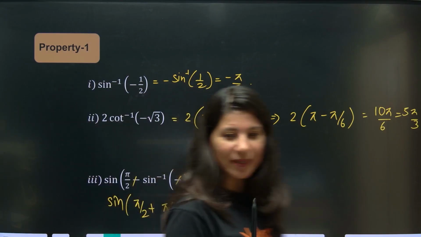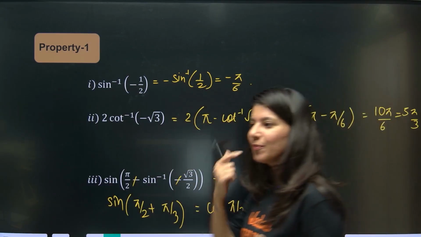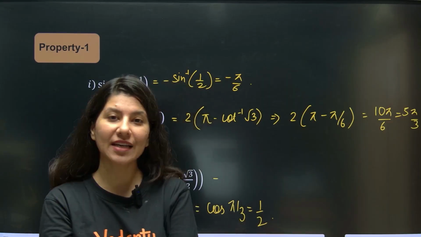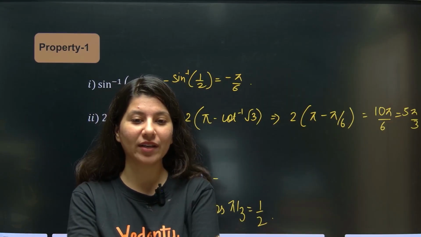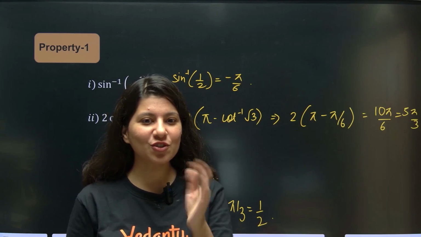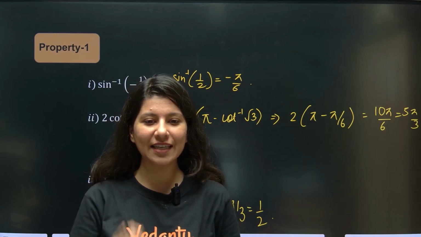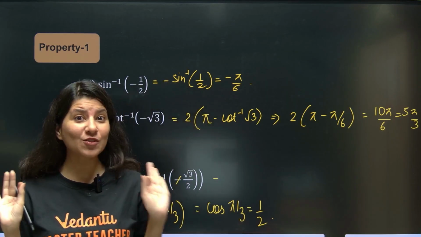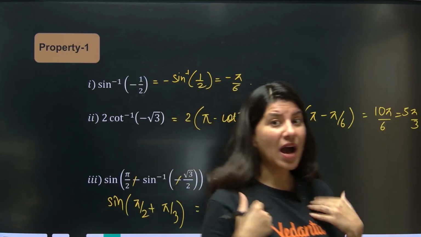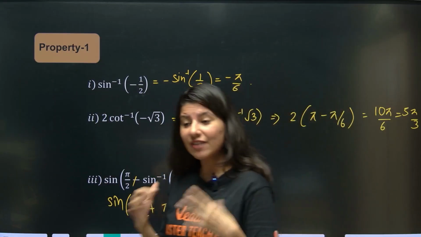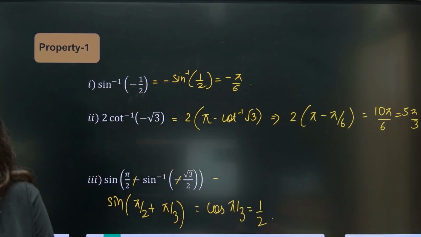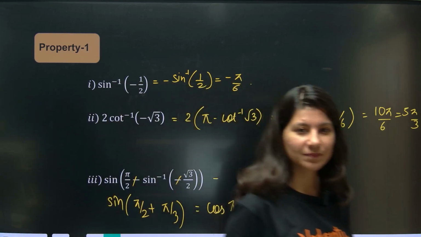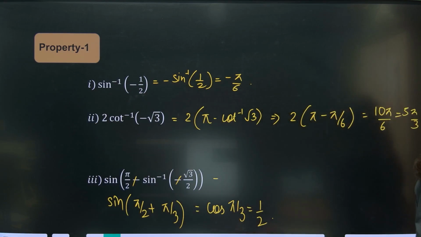Okay, so first property is easy. Will you rate this property as easy or difficult? Tell me. For all 7 properties, you need to rate every property, and it should be independent. It should not be like one student says easy and the other student also says easy. It is your unbiased opinion, that I feel this property is easy or I feel this property is difficult. So Vishal is saying easy. What about others? Easy.